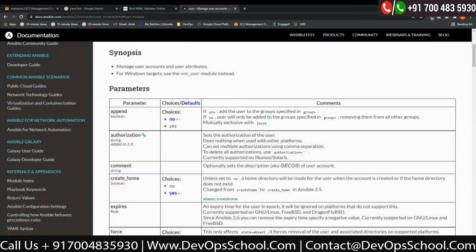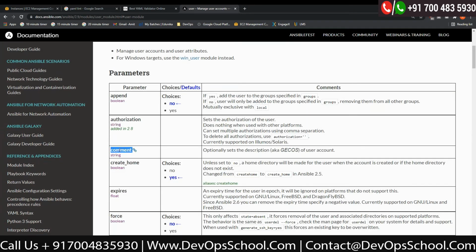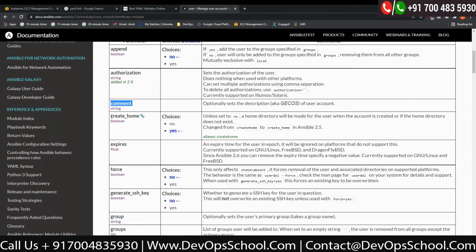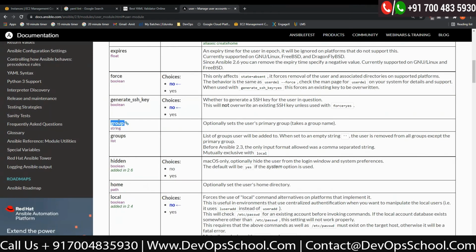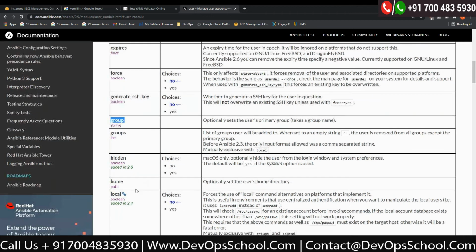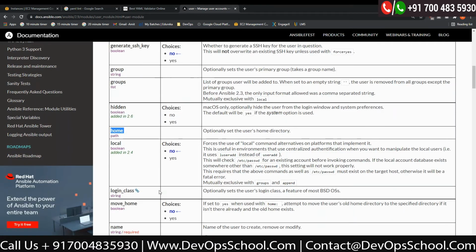Okay, so there is append, there is authorization, comment. If you want to add a comment to the user which is created, create a home directory for a user, set an expiration date for the user, generate an SSH key for the user, group that you want to associate to home directory, and